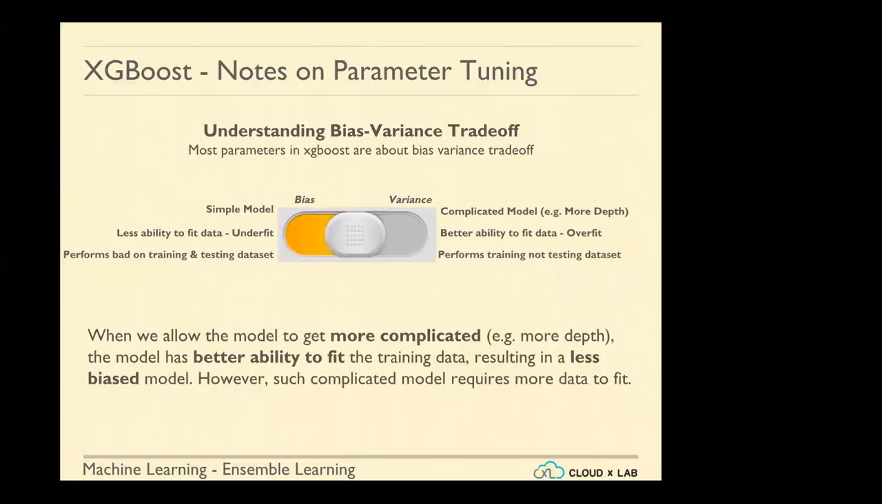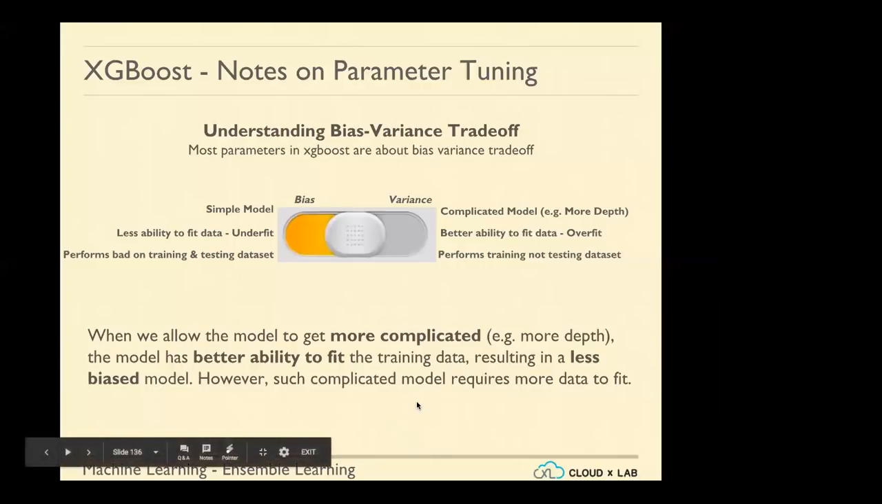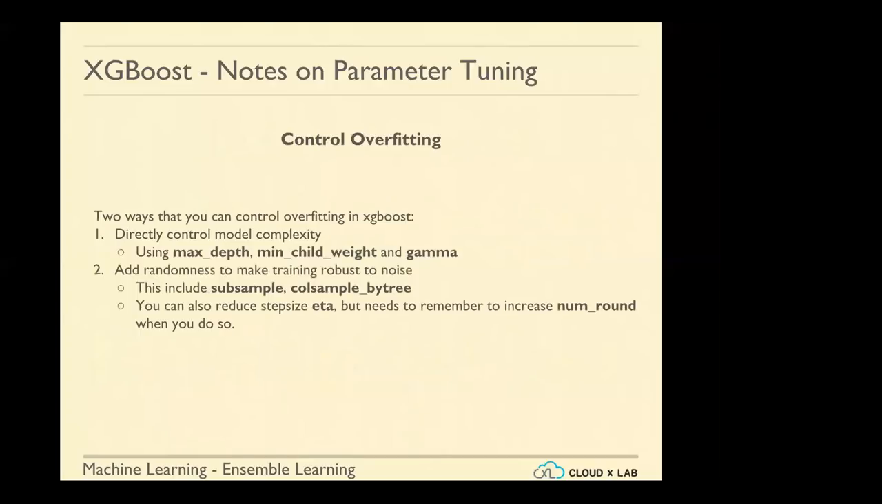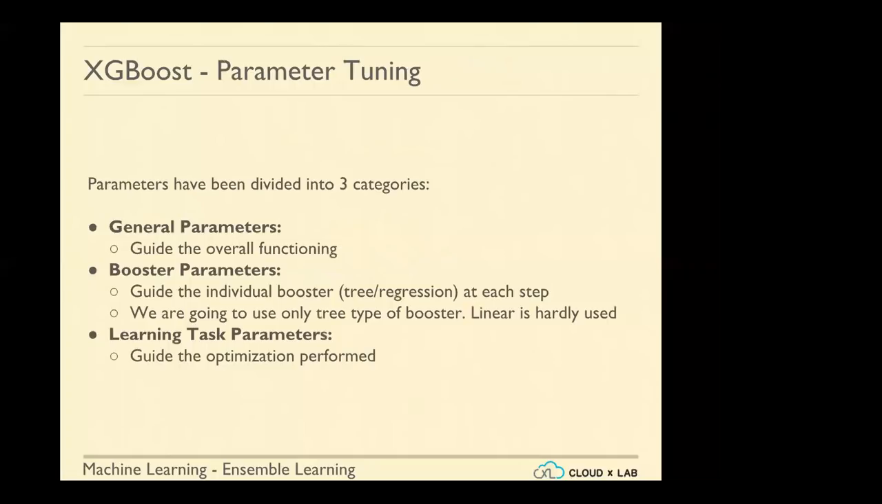We have already talked about this. A simple model leads to bias, while complicated models lead to variance. The underfit versus overfit and so on. We will talk about naive Bayes after this, towards the end. That's basically what we have talked about earlier. Then there are two ways you can control overfitting in XGBoost: by controlling the max depth, minimum child weight, and the gamma. The gamma is the one which was being multiplied with the number of leaves. And add randomness to make training robust to noise. This includes subsample and column sample by tree and so on. There are many parameters, so it's not easy to come up with good parameter tuning